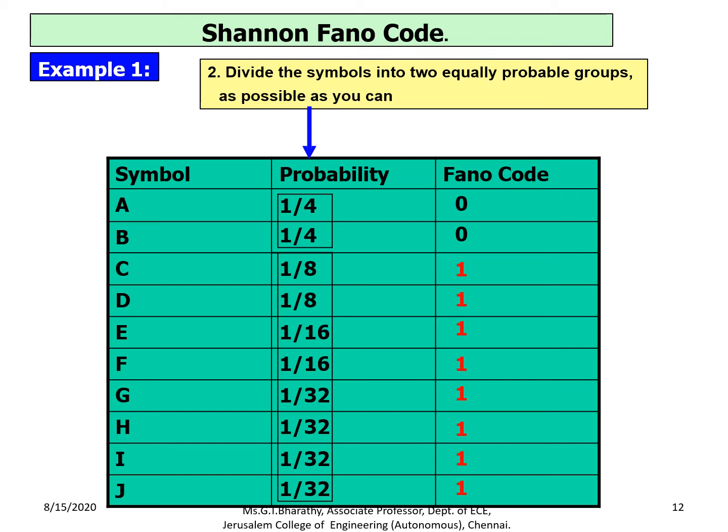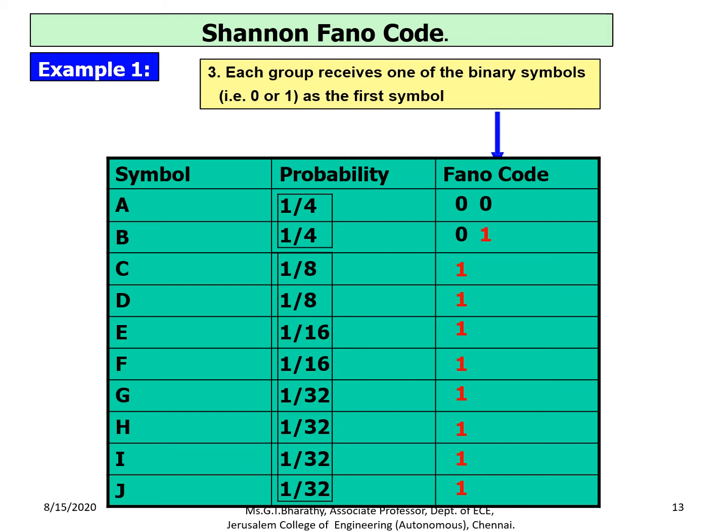So what we have to do is divide the symbols into two equally probable groups. For the second stage, at the top portion we have two symbols. Since we have only two symbols, it can be split into only two parts. Whether they are the same or not, you can split these two symbols into two parts, where the first part is given 0 and the second part is given 1. So this part is over.